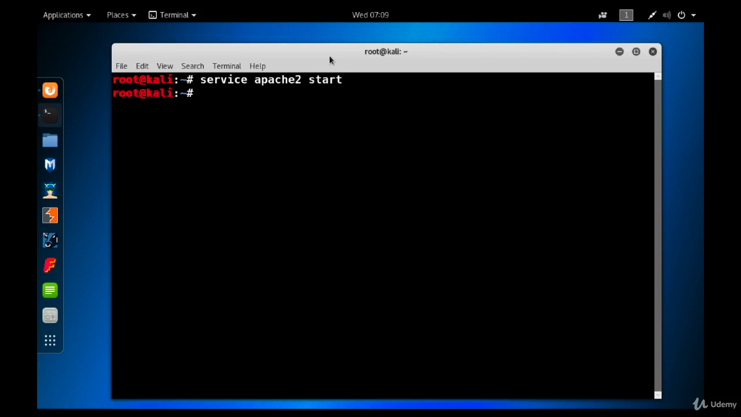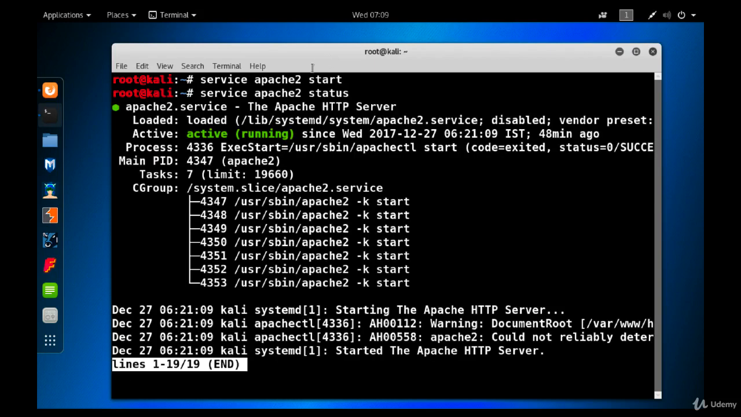If you want to check the status of that service, use status. You can see our service is active right now and is running. Press Ctrl+C to exit out,